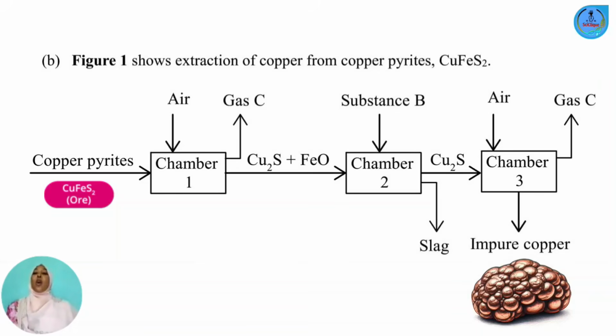Now, the goal here is to, number 1, remove some of the sulfur. You can clearly tell that there is sulfur present within the ore, S2. So the goal is to remove some of the sulfur by having it react with oxygen in order to form sulfur 4 oxide. Sulfur 4 oxide is a gas, so it just escapes. Of course, it's going to be collected at some point because it's a pollutant,